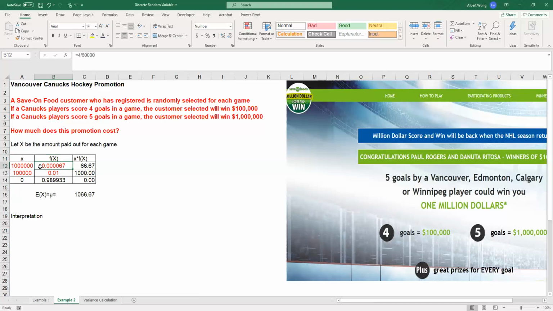Well, that actually is pretty rare, right? If we look at the record in the NHL, in approximately 60,000 games in the past 20 years, only in 4 games did a hockey player score 5 goals in the same game. So the occurrence of someone scoring 5 goals in the same game is pretty rare. If we use that to estimate, the probability of X equal to 1 million is equal to 4 over 60,000, and that probability is